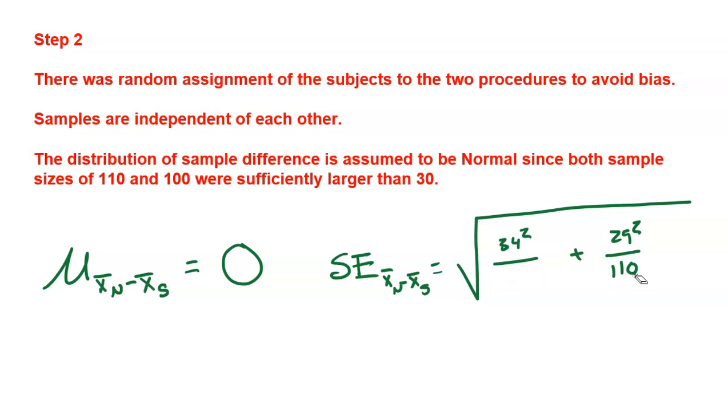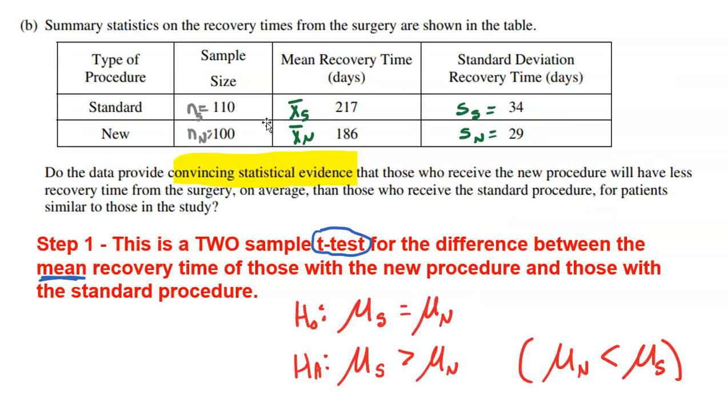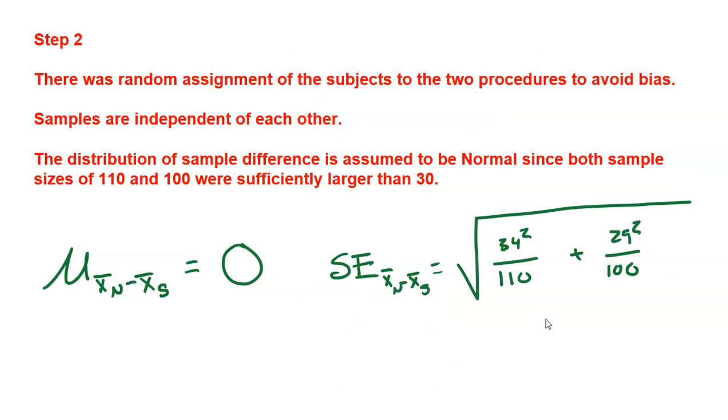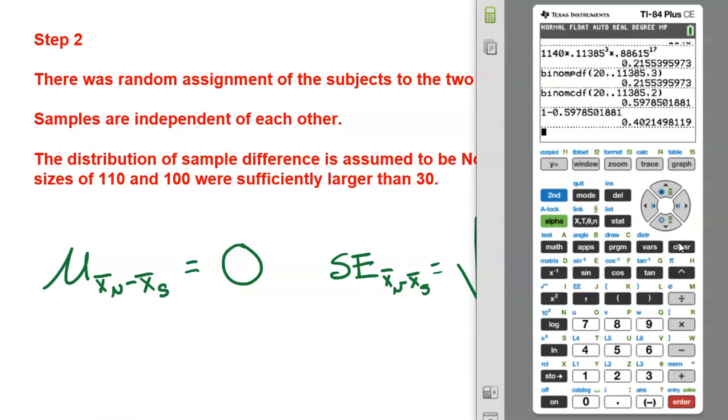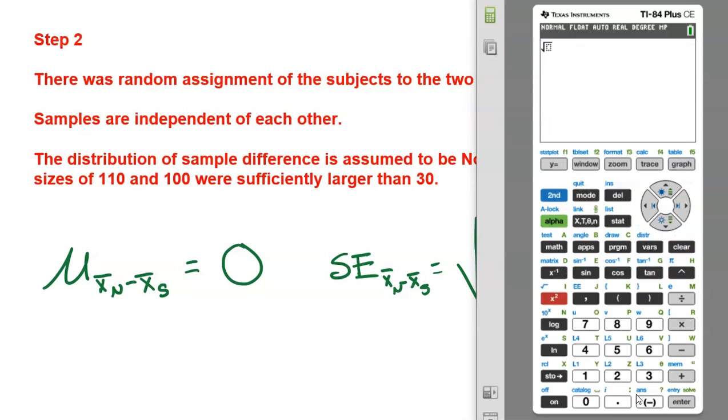So that's actually a very common mistake. Of course, I did it on purpose, right? That kids will mix up those numbers. Now, it's going to give you a slightly different value, so just be careful that you don't accidentally mess those up. Again, the 34 is the standard deviation for the group of 110. That was the standard procedure. The 29 was the standard deviation for the group of 100. And again, those numbers need to be squared on top and then divided. So just grabbing my calculator, showing how to get those actual values here. So I'm going to go and grab my giant square root. So we have 34 squared divided by 110 plus 29 squared divided by 100.